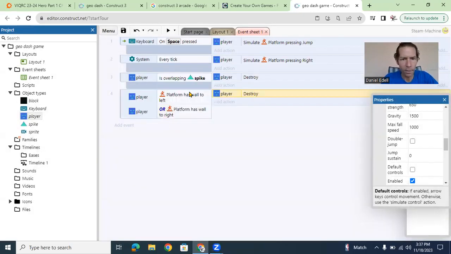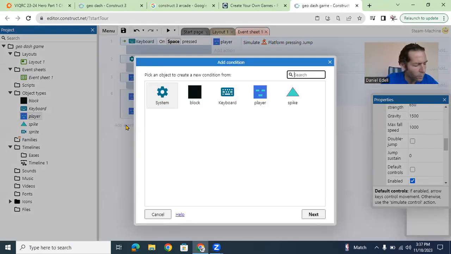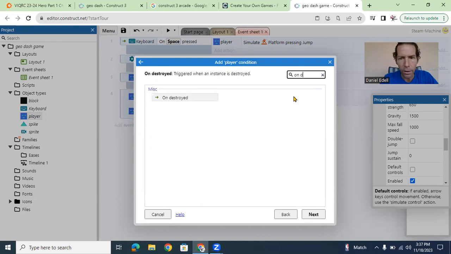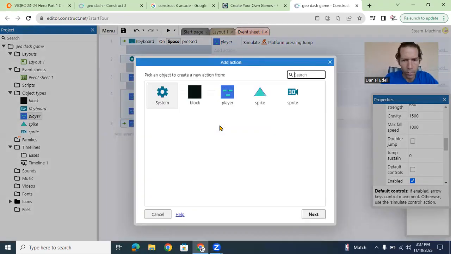Okay, so we have that now, and we're almost done. So now what we're gonna do, because when your player gets destroyed, you want the game to restart right away. That's always really good for whoever's competing in your game. You don't want them to have to close the screen and play it again. So player on destroyed. So once it dies or gets destroyed, you're going to go to system,